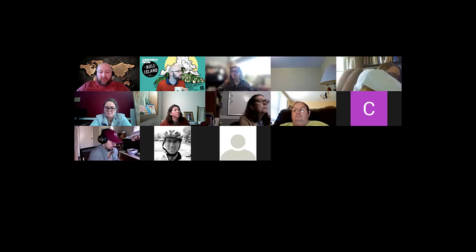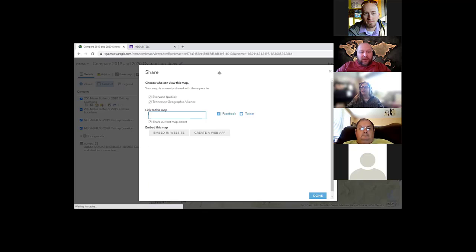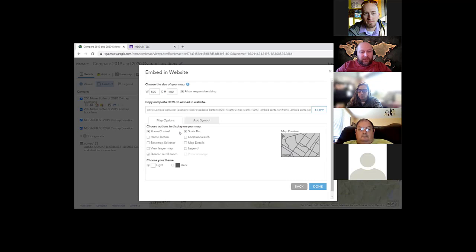After you save, there's a share button right here, right next to save. Make sure you have everyone clicked, because some of you might be using your school account, some might be using the Megabytes account. So make sure you have everyone, and then just copy that and pop it in. And just to point out underneath, you could learn how to build it into a website later on, or put it into a web app, depending upon how you want to use these base layer maps.